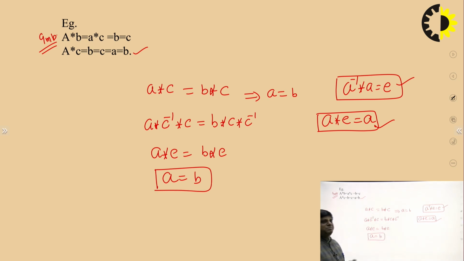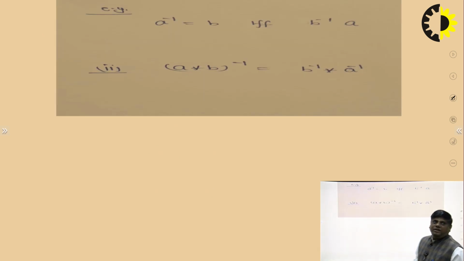So these are the very simple properties of the group. We can prove them with the help of the identity and inverse property of the group. Now these are two other examples we are going to discuss. A inverse is equal to B if and only if B inverse is A. Now we take the first one, A inverse equals B,